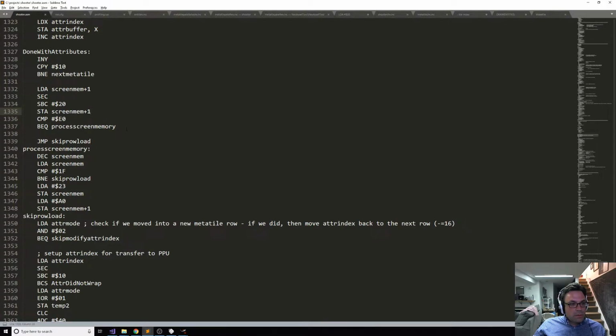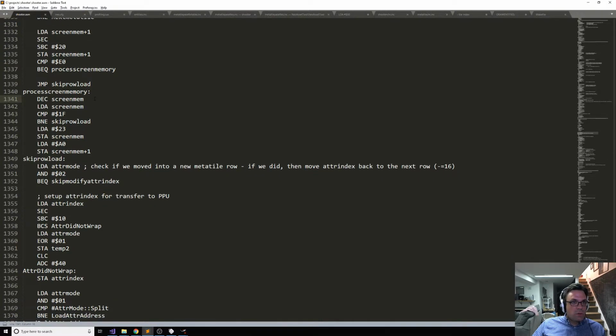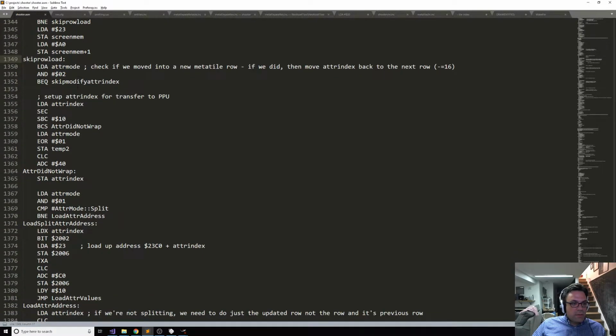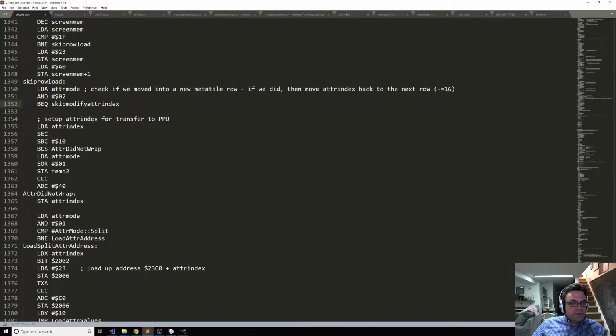We're modifying the screen memory variable here to get us to the next location that we need to be in, which is fine. We're doing a subtract to get to the next row location. We're handling all of that. So now that we're done with that, now we want to check to see if we have to load the